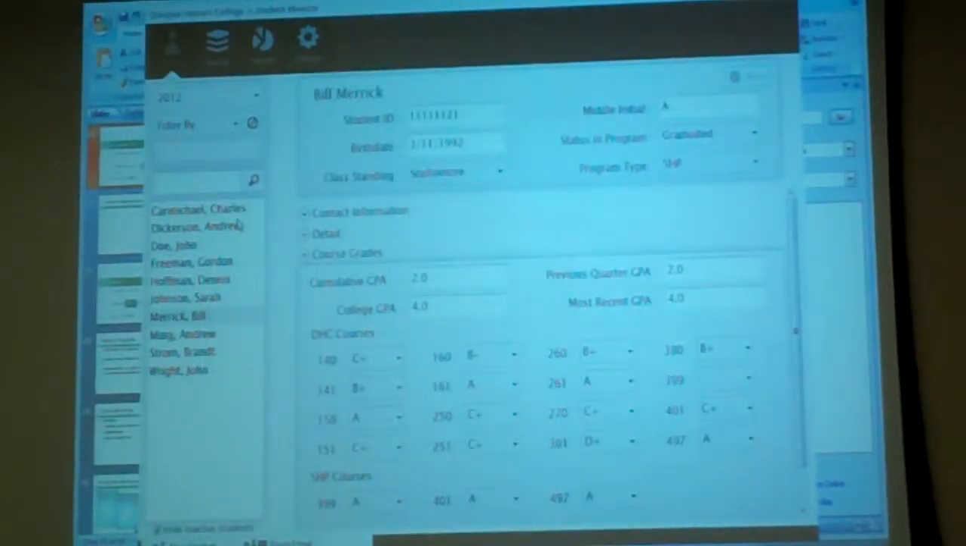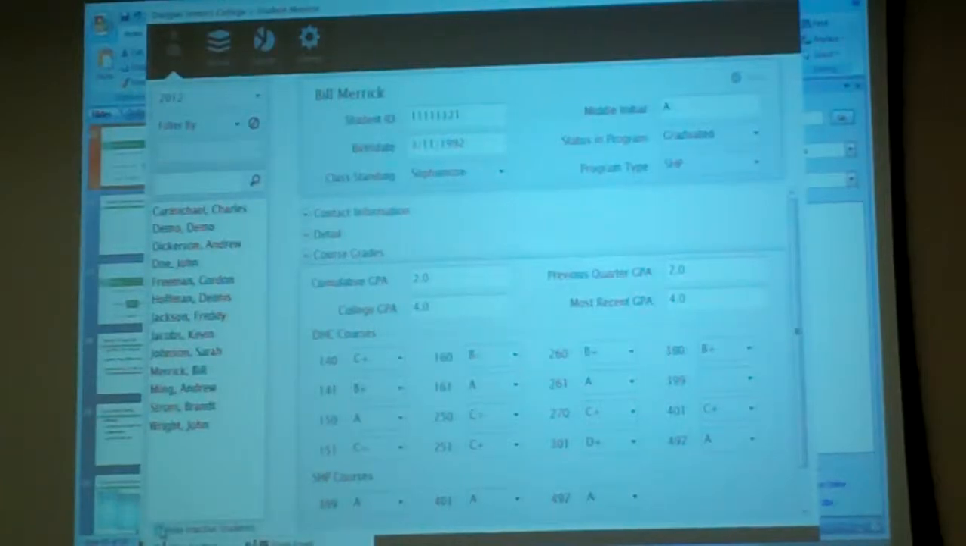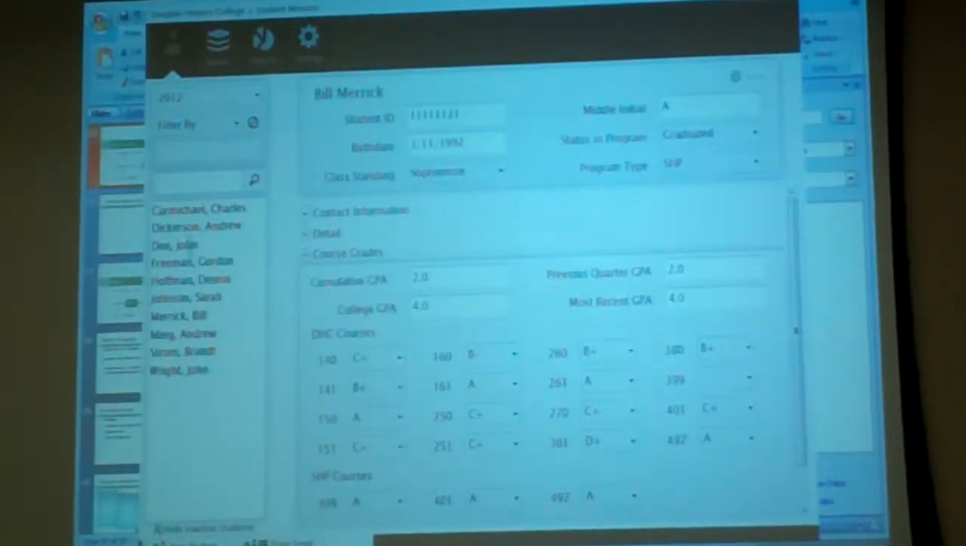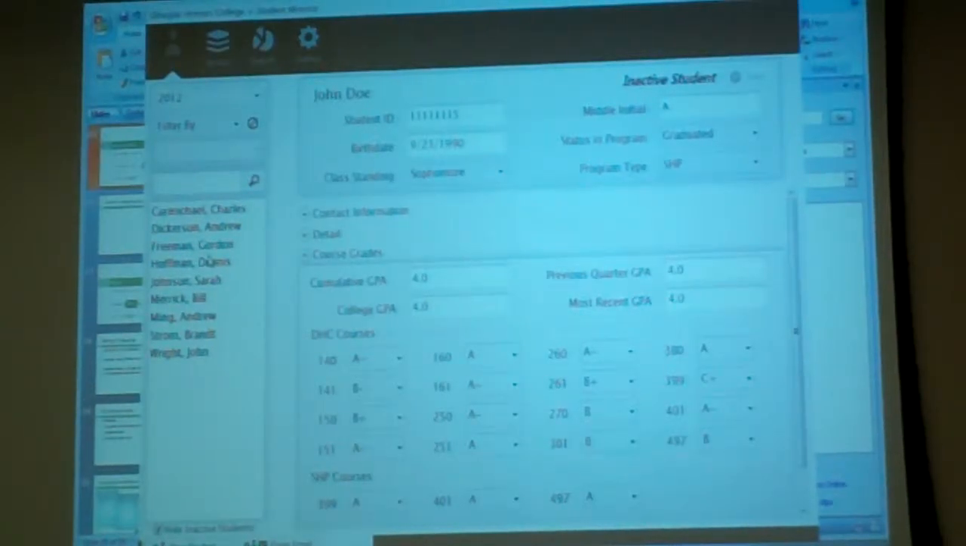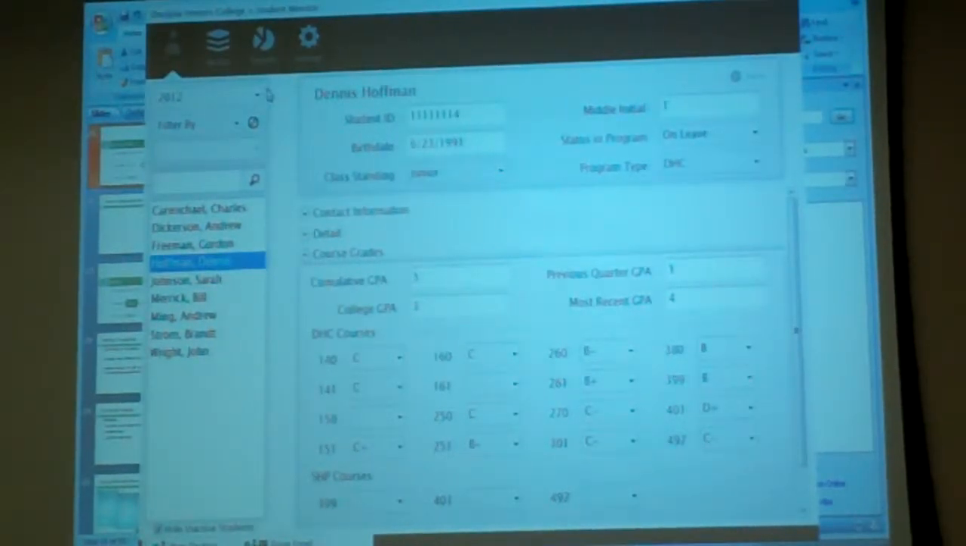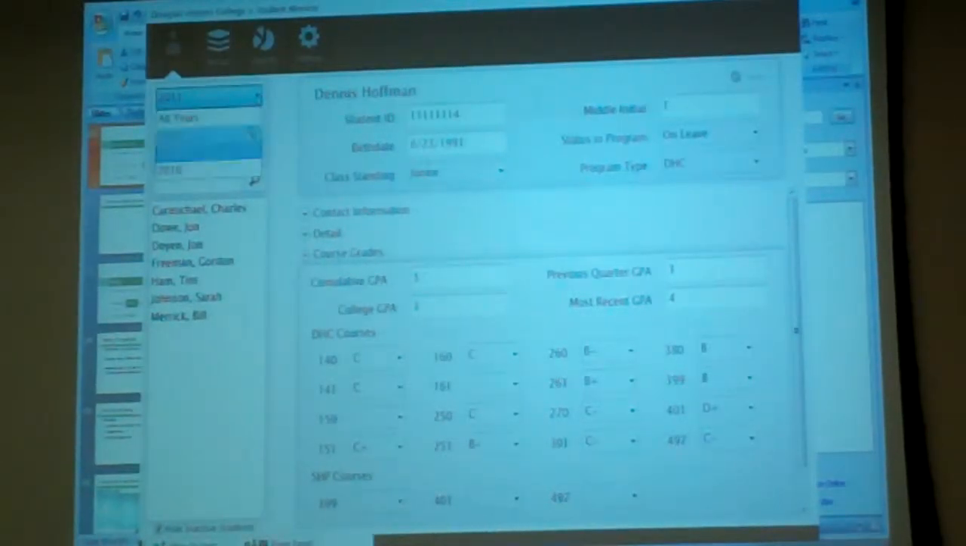And what we've done since then is, like Andrew mentioned, the filtering for active and inactive. So this checkbox, we can uncheck that, and we'll see students who were active during 2012 but are no longer in the program. And that's as simple as just right-clicking on a student and deactivating them. So additionally, the year filtering is also working, so you'll see the list